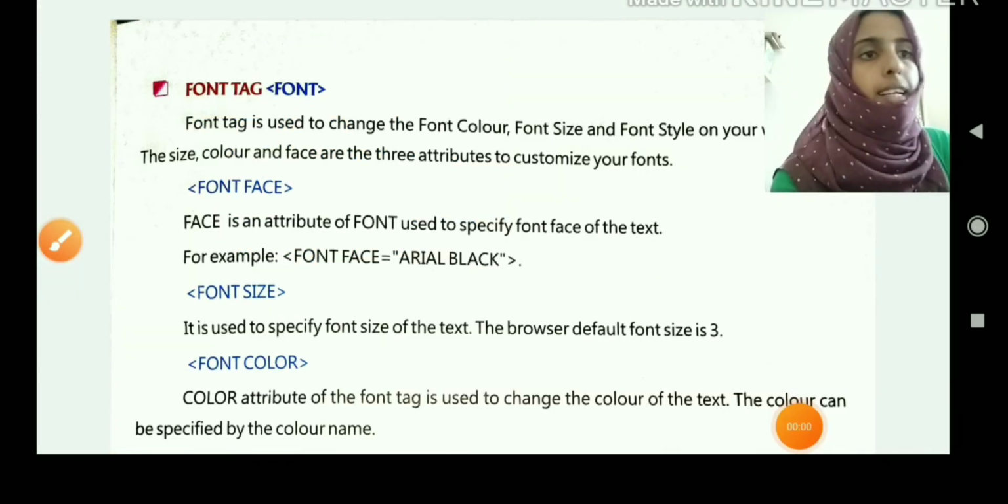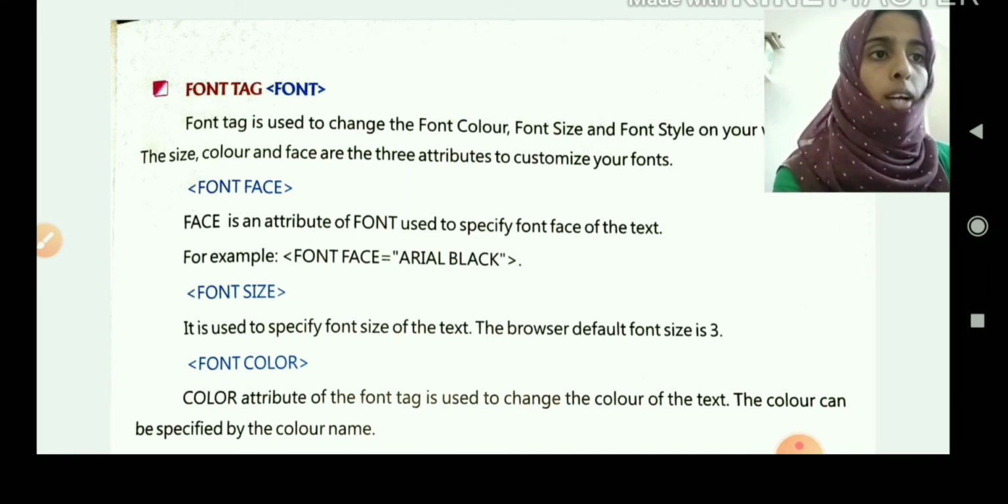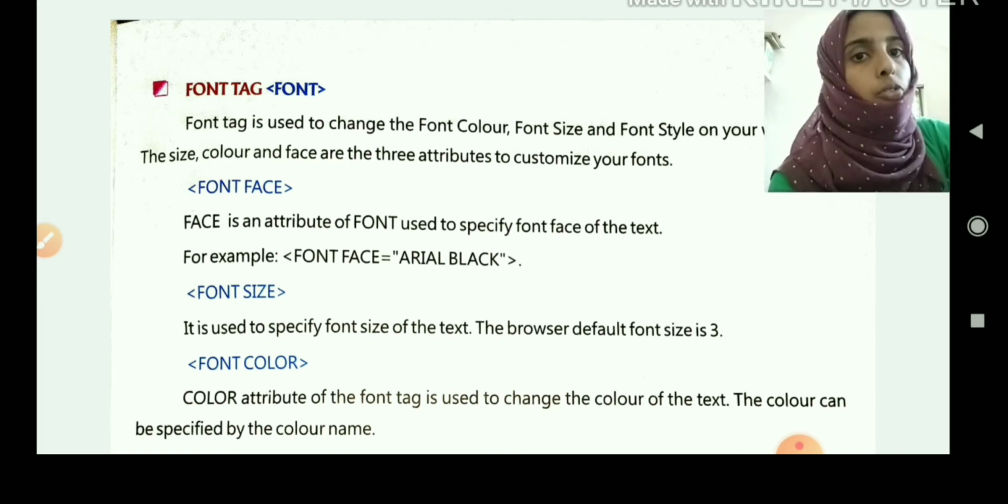Then next is the font tag. You are all familiar with the font tag, right? Yes. The font tag is used to change the size, type and color of the text in your web page. Okay. Therefore we can use the font tag and /font tag. Then the font tag uses various attributes for what purpose? Yes, to make our web pages attractive. Okay. Let's see what the different attributes are.